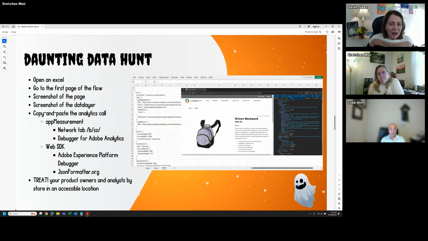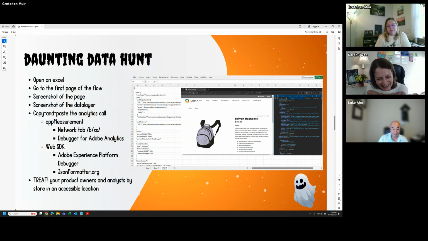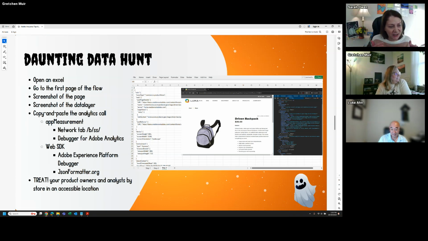So this is our daunting data hunt. I know everybody's like, why are you talking about Excel and screenshots? How boring after all that great stuff Luke and Gretchen just talked about. Excel's so awesome too, I love it. But this is kind of like the last bullet, so last bullet first, we're going to treat like our product owners,